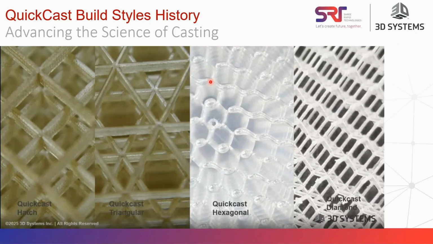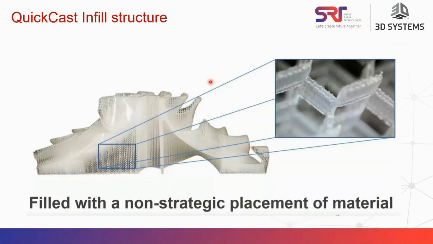So the infill structure has to be alternately joined together at 0 degrees, 60 degrees, and 120 degrees, so that material does not get stuck inside the component. That's how they developed the algorithm over a long history. Here are some examples of QuickCast infill. As I said, due to the nature of the structures, the majority of the material can drain automatically, because that's how they developed the patterns.